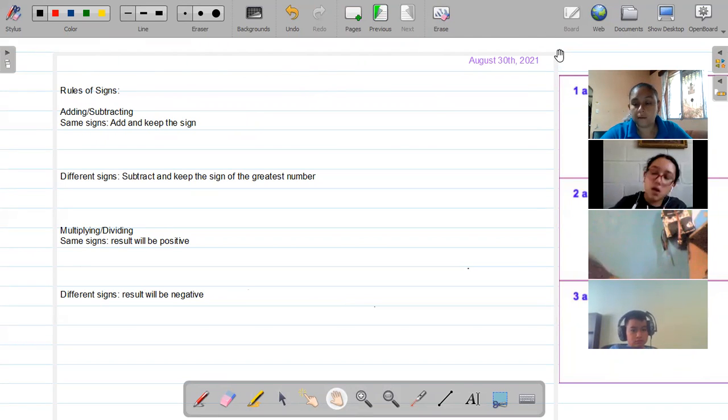And on the other corner of your notebook, on the right corner, you will always write the date, okay? In that way, you will be able to know if we have a classwork or not, even on that date, okay? So we're going to be working